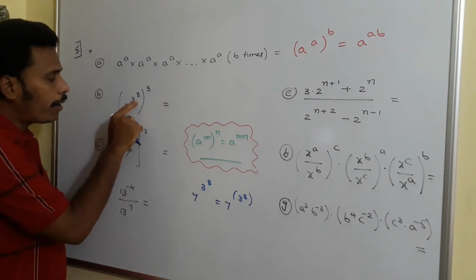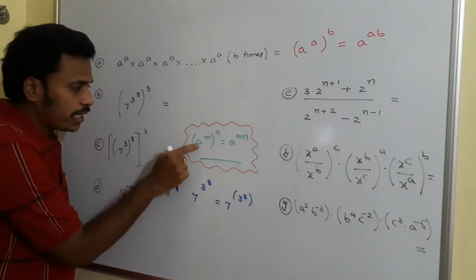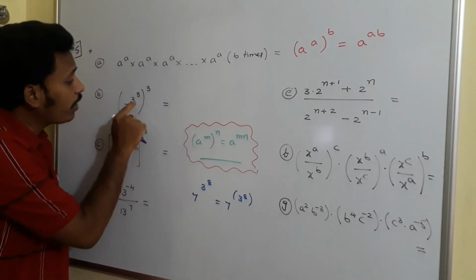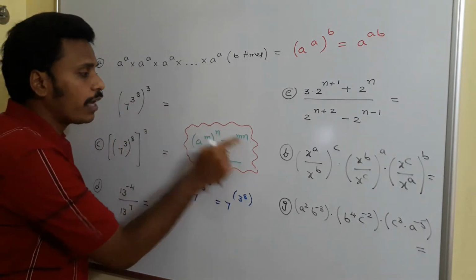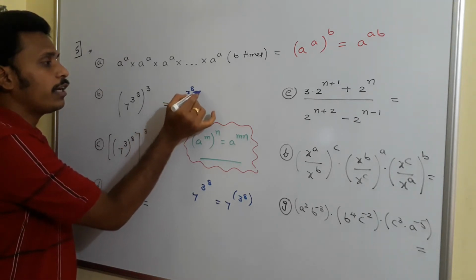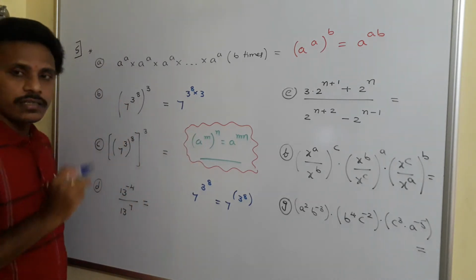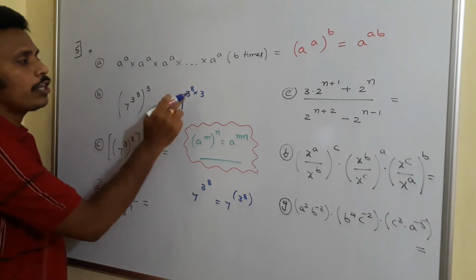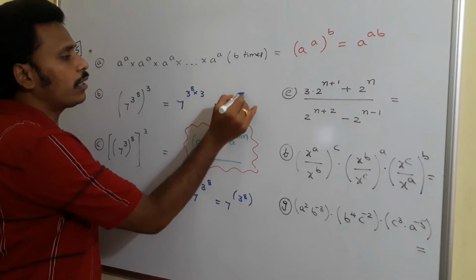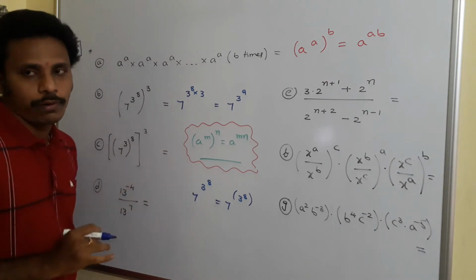Right? Base, power, whole to the power some n, like this a power m to the power n. Just like a, we have 7 here. And in the place of m, we have 3 power 8 here. And in the place of n, we have 3 here. So its answer is simply 7 power 3 power 8 into 3. Just observe carefully, m into n we need to multiply. Here m is 3 power 8 and n is 3. So 3 power 8 into 3 is 3 power 9. So your answer is 7 power 3 power 9. That is the problem.